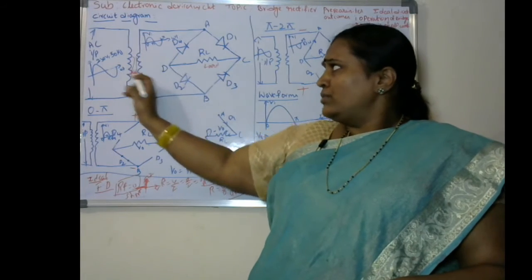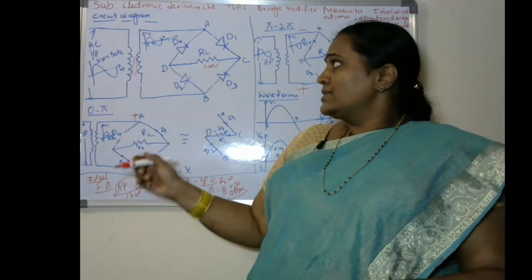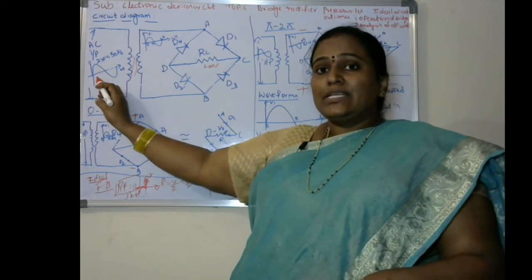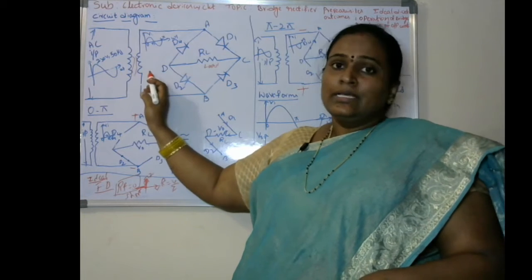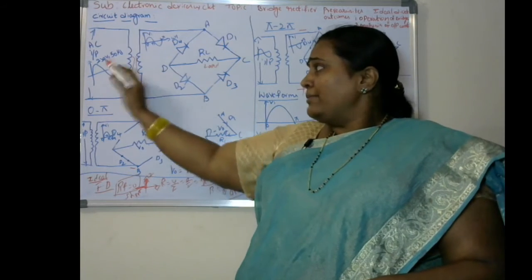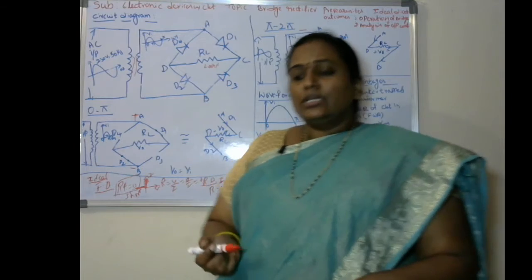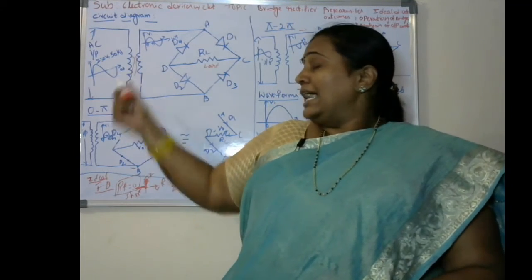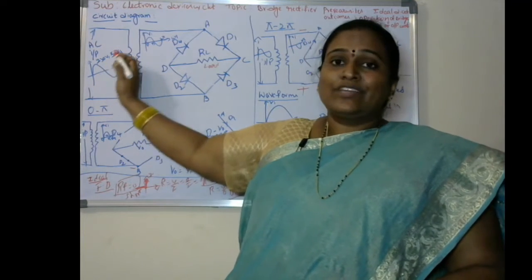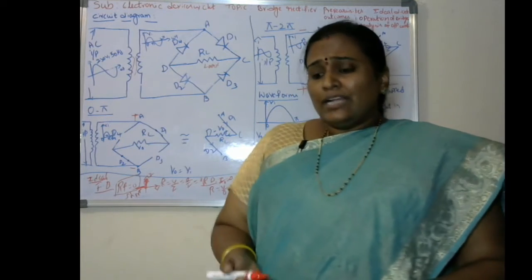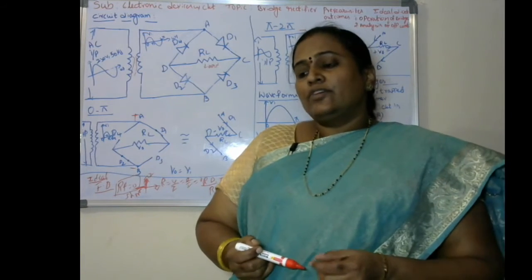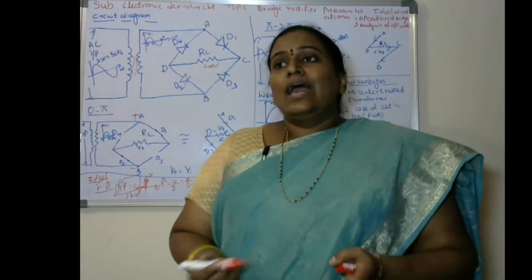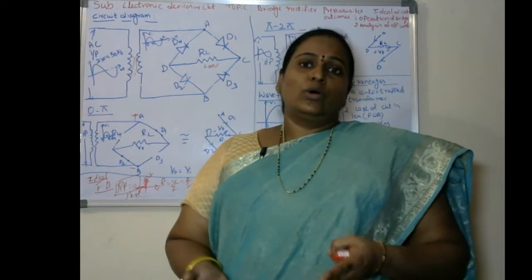What does a step down transformer do? Whatever amount of input voltage we apply in the primary section is going to be reduced in the secondary section. In normal household applications, we get alternating current with a voltage of 230 volts and a frequency of 50 hertz. That amount of voltage is not required for any electronic goods. They operate on DC voltages and require only a small amount of voltage.